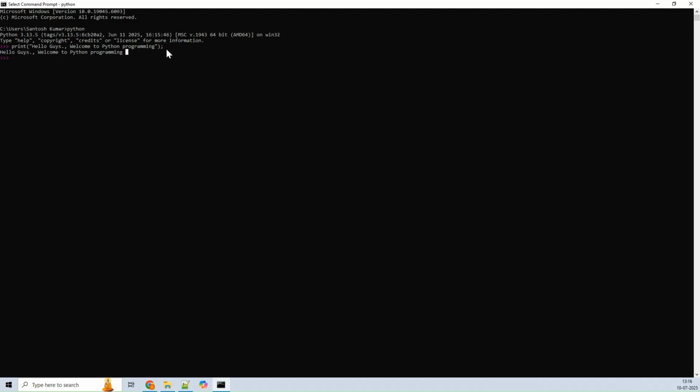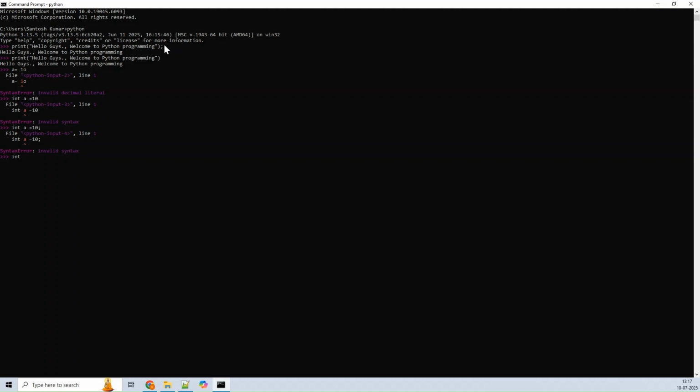I have a habit of using the semicolon at the end, as in Java. If we don't use it, let's see what happens. So then also it is printing. I want to use, suppose, a equal to 10. Okay, so it is saying invalid decimal literal. So I just need to again type a equal to 10. So I need to use a semicolon here, I think. No, invalid syntax it is saying. So let me try again.